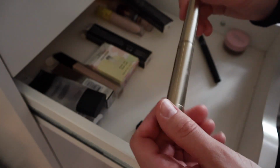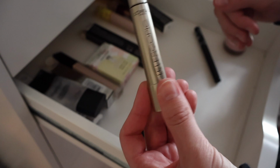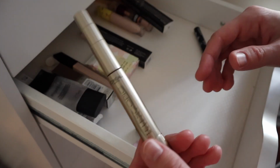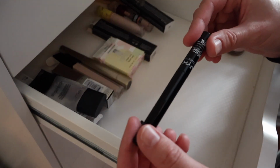L'Oreal Telescopic Mascara. I love this one. I think this bottle just got old. I think it was maybe pushing 7-8 months old, and I think it gave me a stye. This is a cautionary tale about hoarding